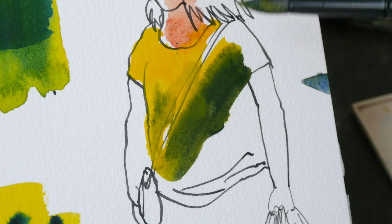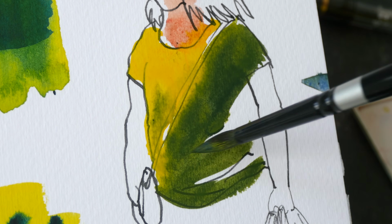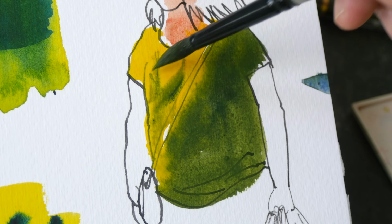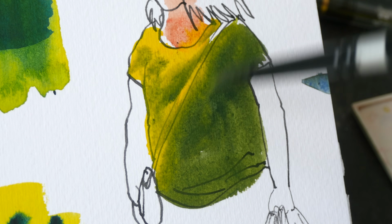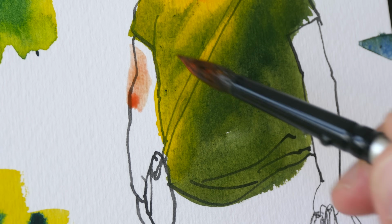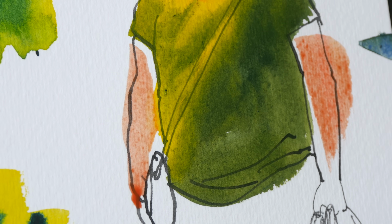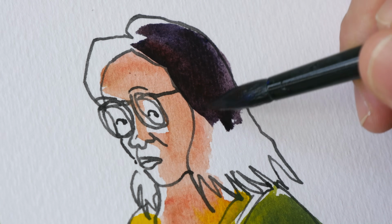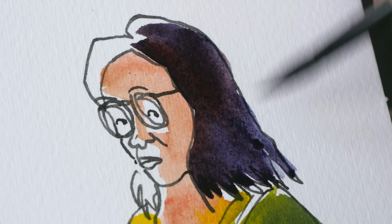So as mentioned earlier, wet on wet doesn't work that well. When you are blending colors, the paint is not going to move much. So you have to really go in manually to blend the colors, which is actually a lot of work. If you want a smooth transition, you have to do a lot more work. This paper, I think, is good for quick pen and ink sketches where you don't have to do a lot of blending. So you can just apply one wash and leave it. My recommendation is, if you do want to get this paper, it's best to test it thoroughly before you